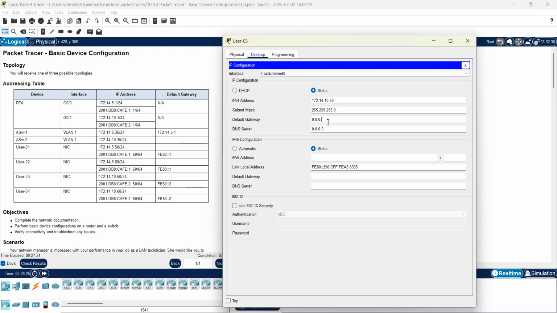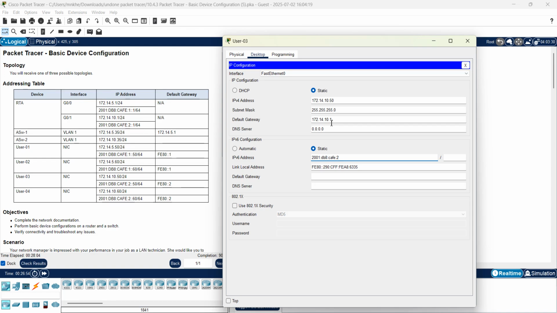Our default gateway this time will be G0/1 of the router, so 172.14.10.1. And our IPv6 address 2001:DB8:CAFE: